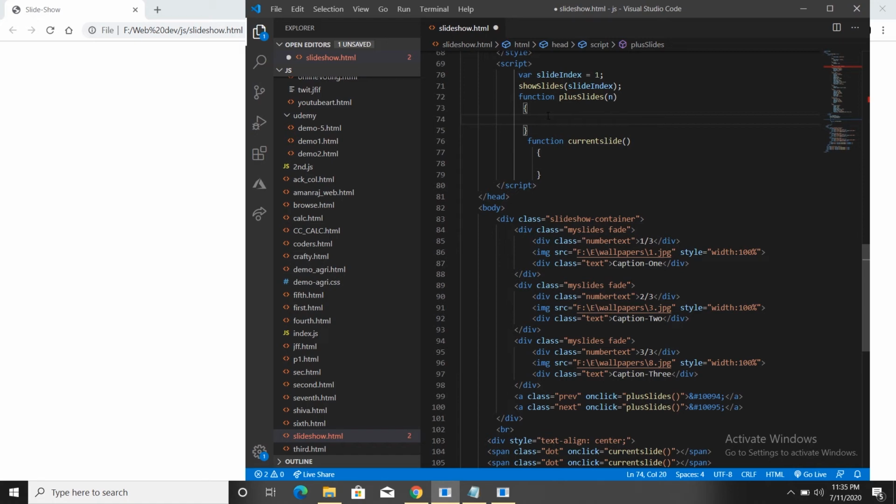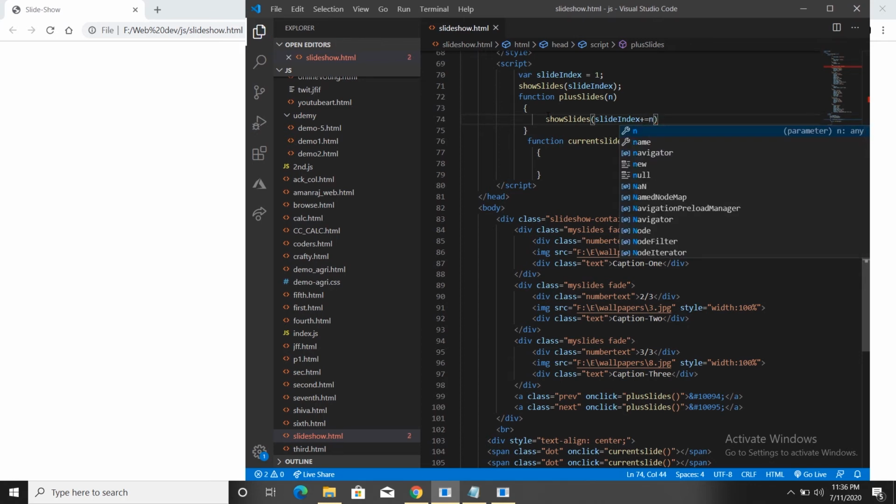I had used a variable n as parameter inside the plus slide function. Now I'll call the function show slides, and inside that I should write slide index plus equal to n. That means it will be shifted to n.